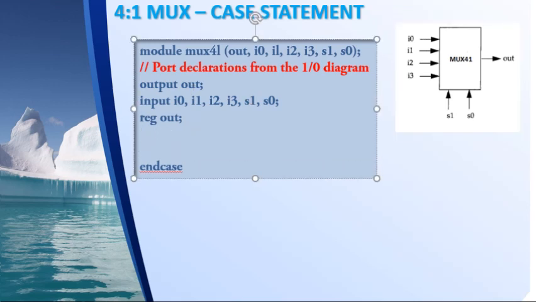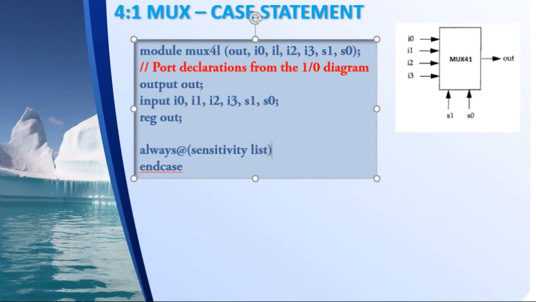Now, to indicate that a program is in the behavioral level modeling style, there should be either an always block or an initial block. We have seen while writing test benches for lab programs that there is always an initial block. Similarly here we'll have an always block. The syntax of the always block is: always is the keyword followed by the at-the-rate symbol, and inside the parentheses you have to put something called a sensitivity list.